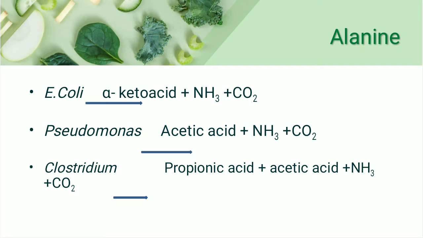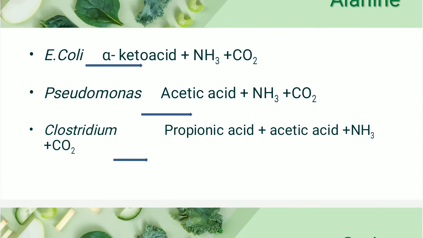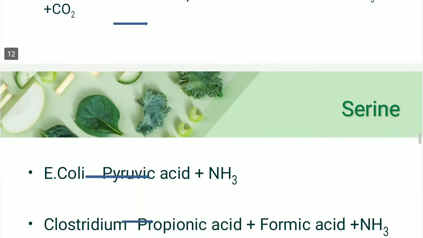Right? So please observe that the amino acids remain the same, but the organisms acting upon these amino acids are different, leading to different byproducts. So these different byproducts will produce different types of spoilage. I'm sorry about the arrows being misplaced. It was something else on the laptop, and when I transferred it to mobile, it became something else.